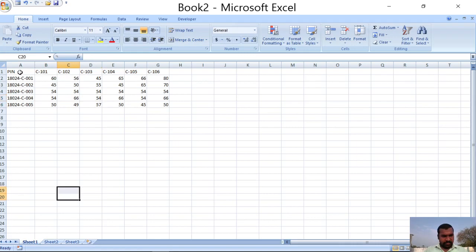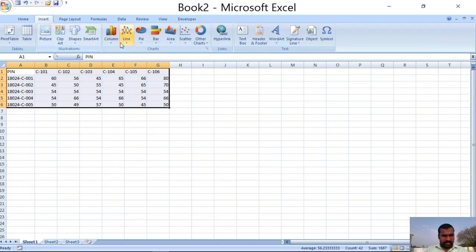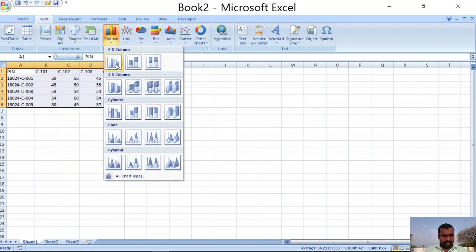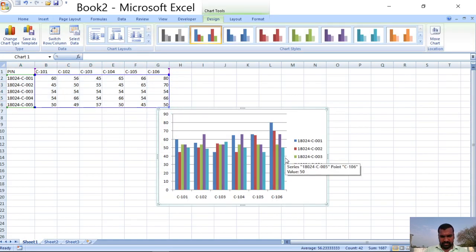So like that, here I am creating a chart. Now I am going to the Insert tab and clicking on Chart. A chart will be created for students, and these student pin numbers are moved on to the legends. Every student pin number is identified with a different color. The x-axis represents different subjects, and the y-axis represents the marks secured in those subjects.